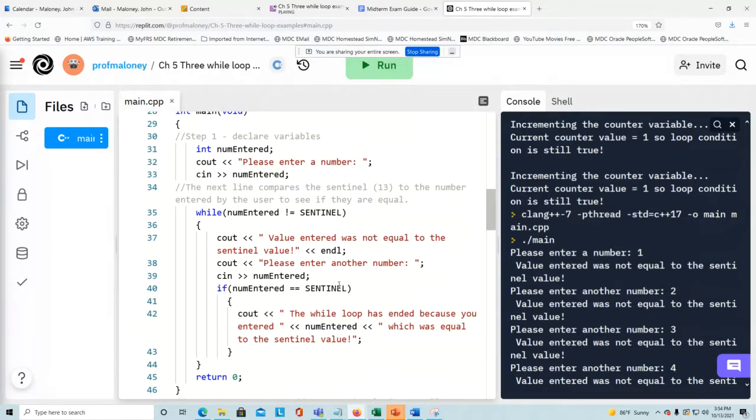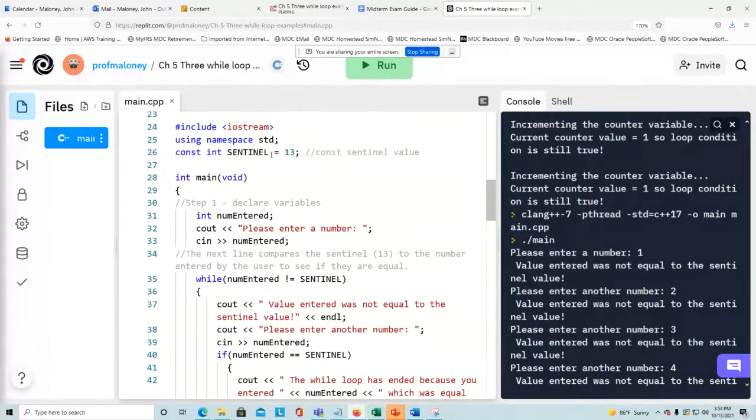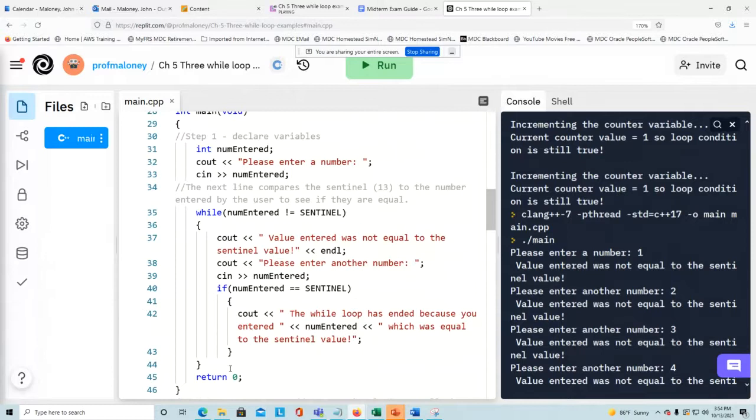Well, is what they entered equal? That's the comparison. Okay, so it's relational here. We're comparing it to this sentinel value, which is declared up here. And of course, none of the numbers except 13 are. So this is always going to be false until, and if really,